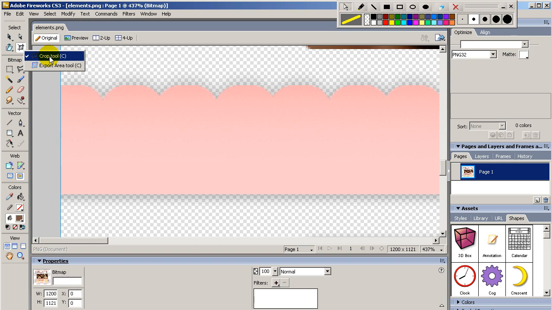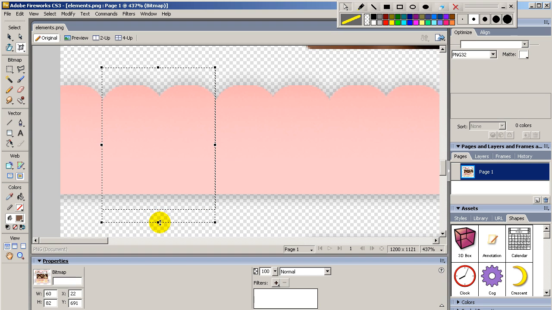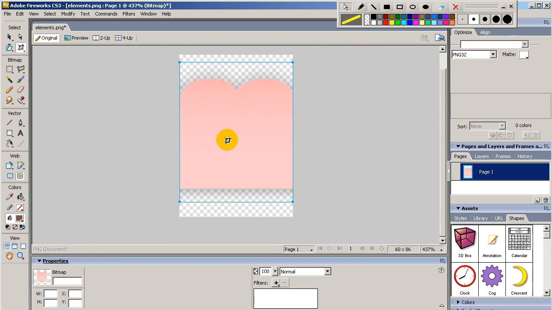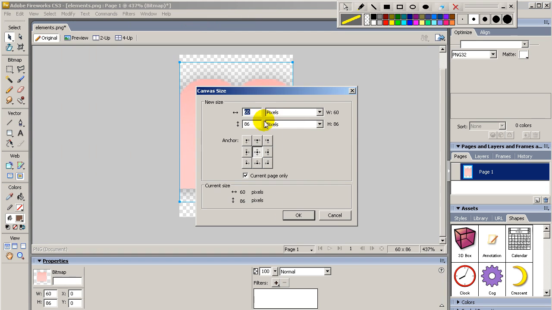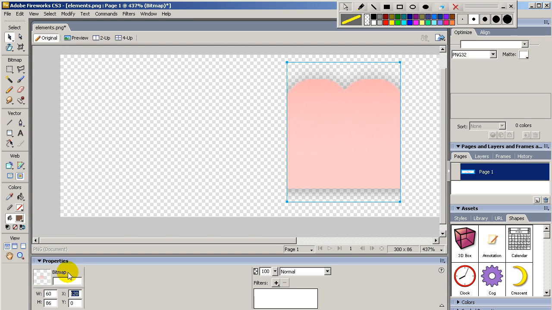Let's click on the crop tool and make a selection in here and all the way in here. Let me increase the size. Then we are going to double click, and if you notice we are going to have this image. What we are going to do is modify, then canvas, and canvas size. In here we are going to set the size to 300